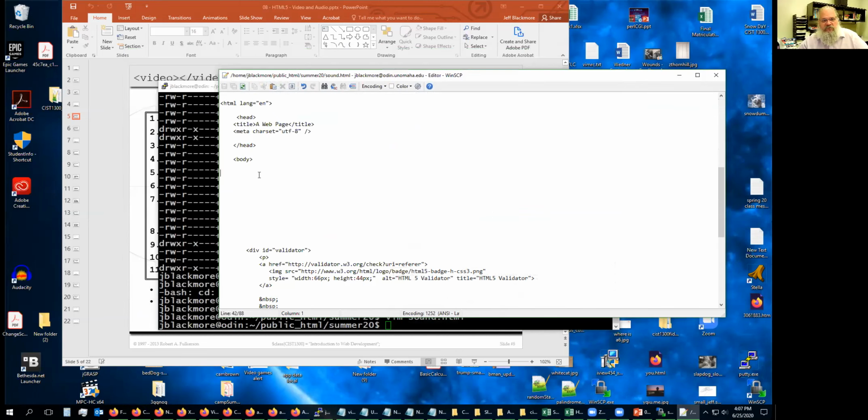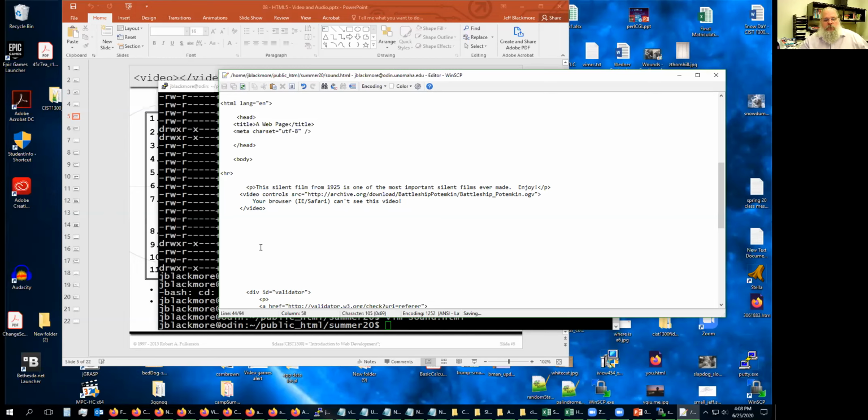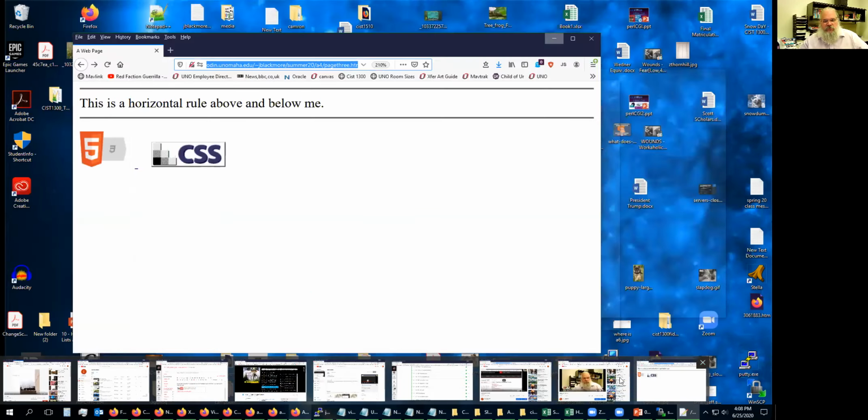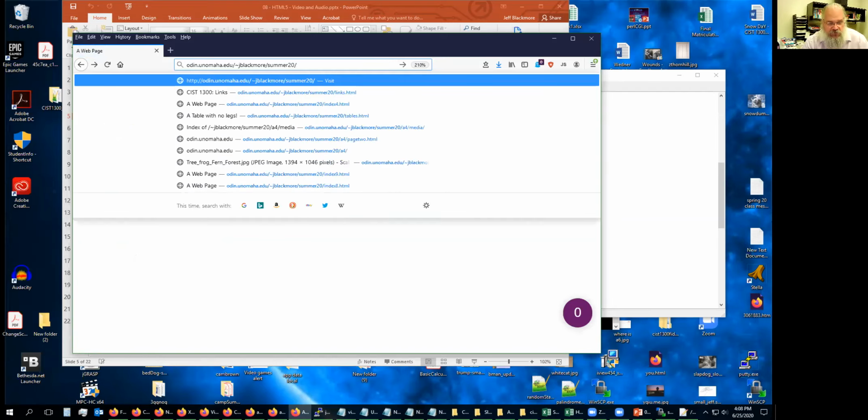So just to keep reminding us of the HR, I'm going to use the HR tag instead of breaks today. And this is the Battleship Potemkin, or at least the code that I'm going to use to bring it into the web page that I'm building here together with you. So let's go out here and grab this. Now that was page 3. I keep forgetting about that. So we're going to get to,